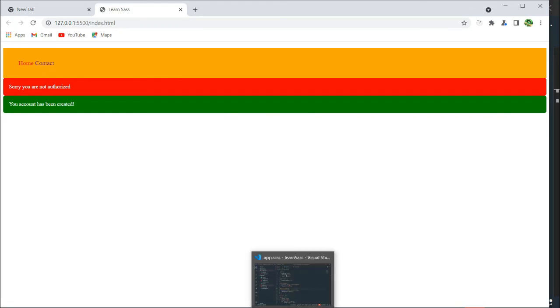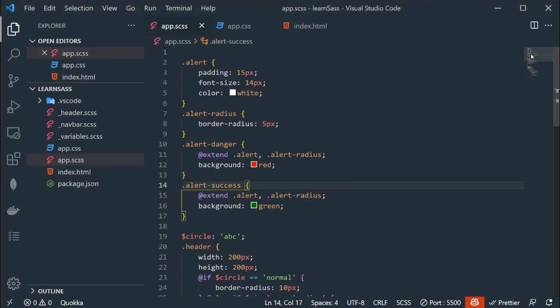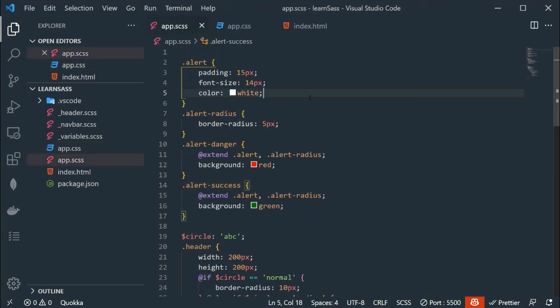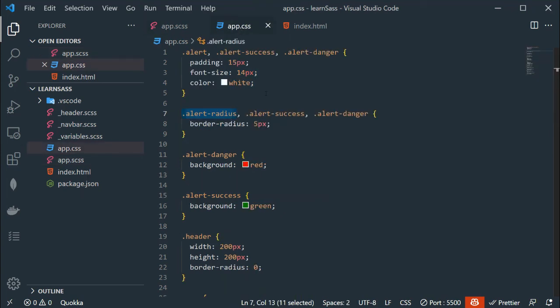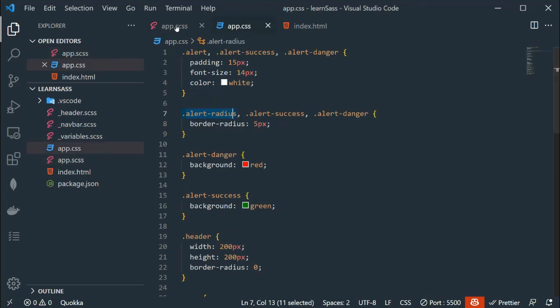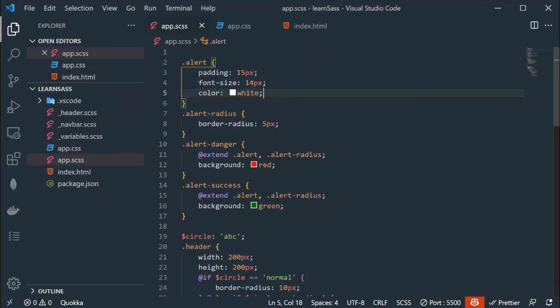Understand? Now friends, simply go to app.css. Inside this file we have alert and alert radius class, but I want to ignore these two classes inside app.css. I mean, I want to delete these two classes from this file, and I want to use these two classes only for inheritance.